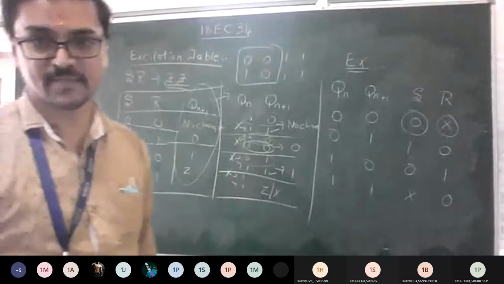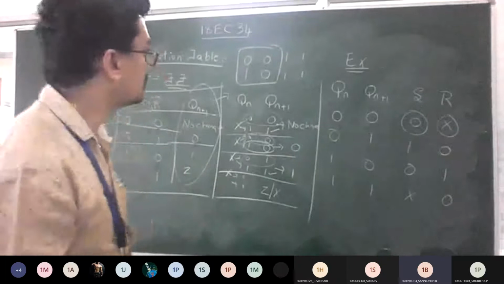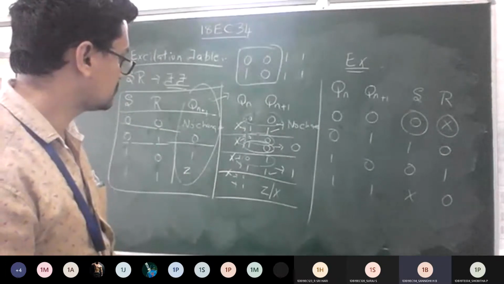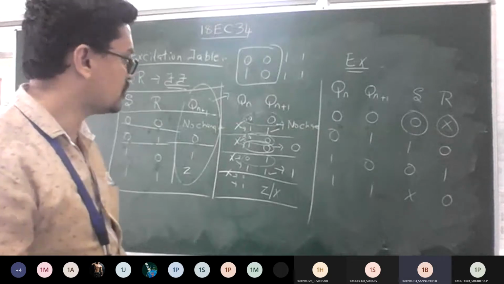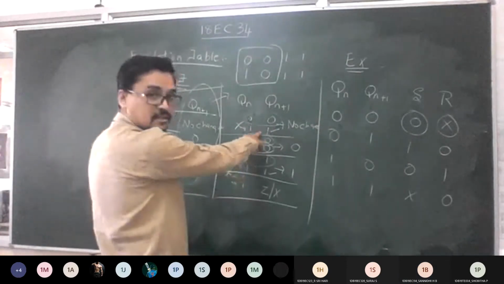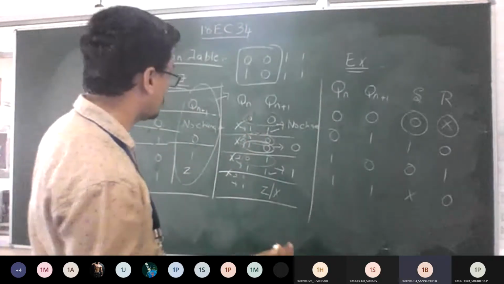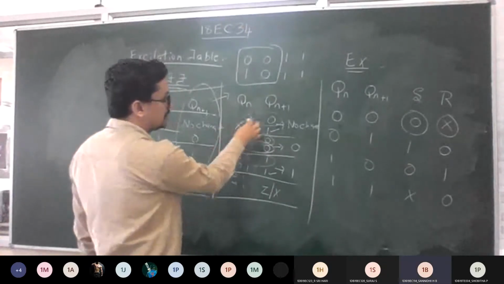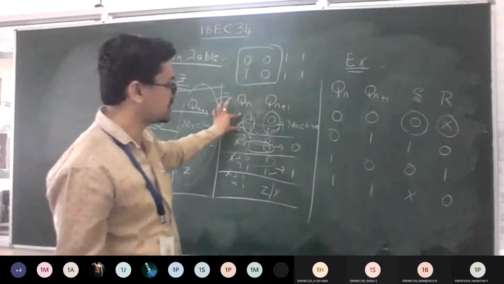Is it fine? Sir, for 1 0, should we also check the no change case? For 1 0 you won't get the no change concept here. I have taken this 1 1 condition, for which you are asking about the 1 0 combination. There is no change combination here. You got 0 1 as it is. That is called no change: no change in the result of the first condition.